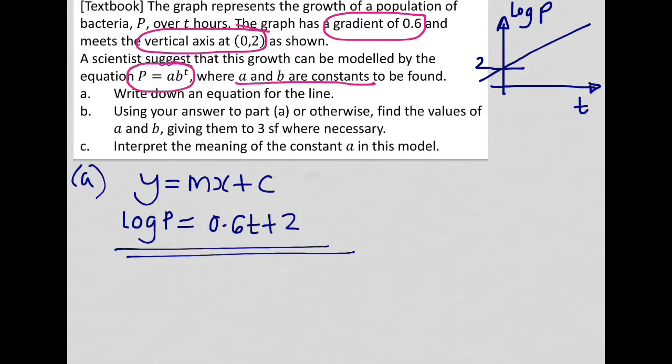B. Using your answer to part A or otherwise, find the values of A and B, giving them to three significant figures where necessary. Now there are two ways of doing this. So I'm going to show you both ways because I think there's a case of understanding how both ways fit